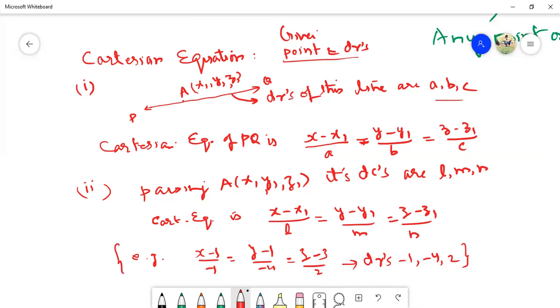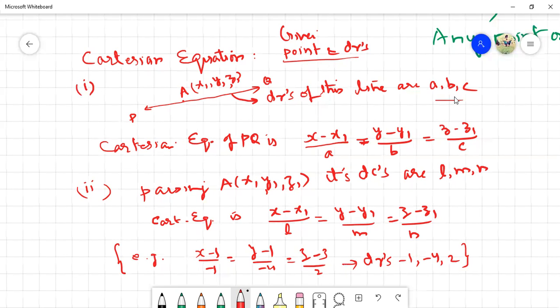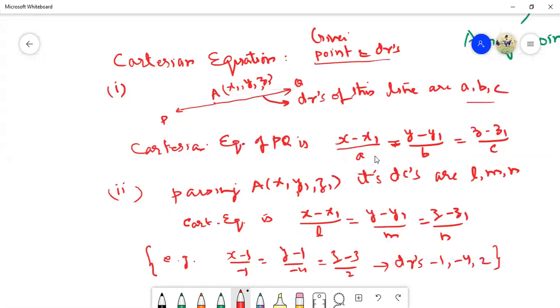Now, if the equation is given, I am talking about the reverse of this one, but we are going to write the equations when the conditions are given. So if you are asked to write the equation of a line passing through a point whose DRs are given, A, B, C, then you can write it this way. If DCs are given, you can also write it this way. And any point on the line, you can equate to lambda and find x, y, z. Okay. Next,